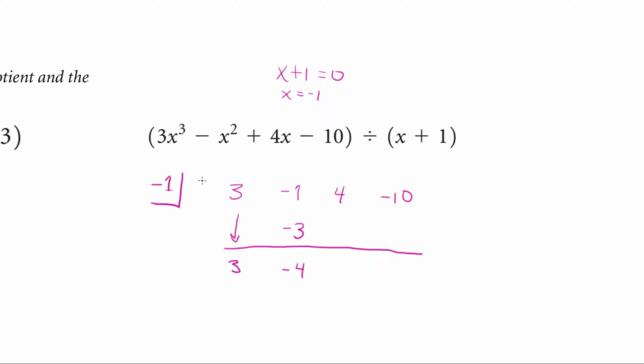Now you repeat the process. Negative 1 times negative 4 is positive 4. 4 plus 4 is 8. Negative 1 times 8 is negative 8. And negative 10 minus 8 is negative 18. Notice that I made another box here